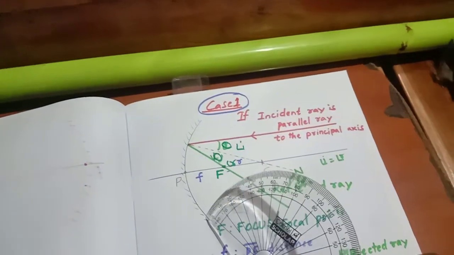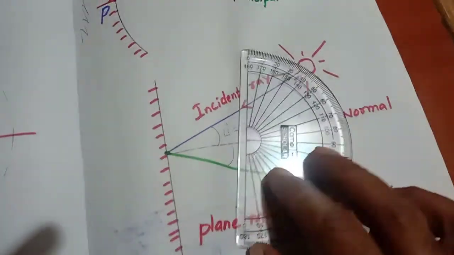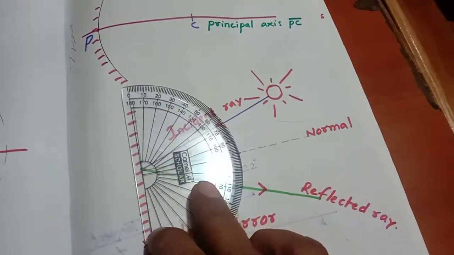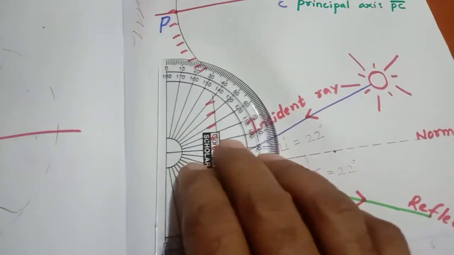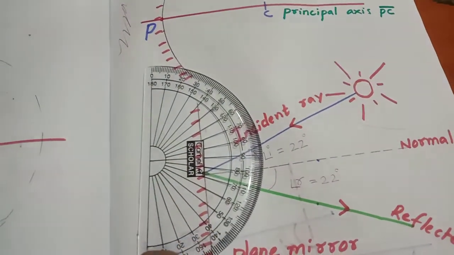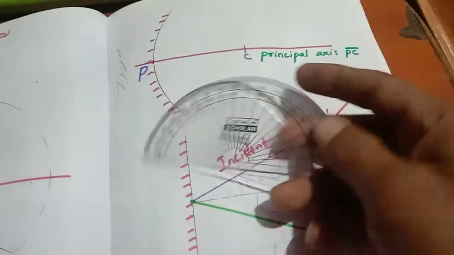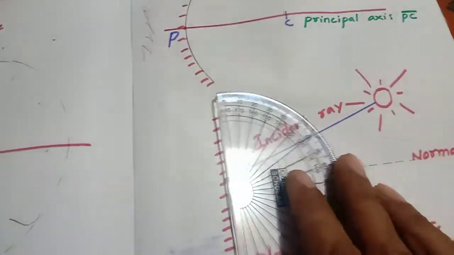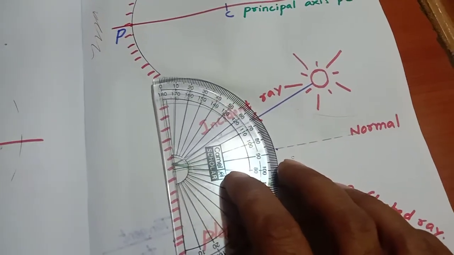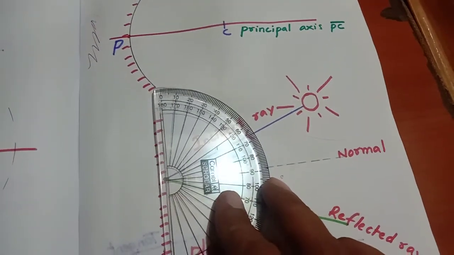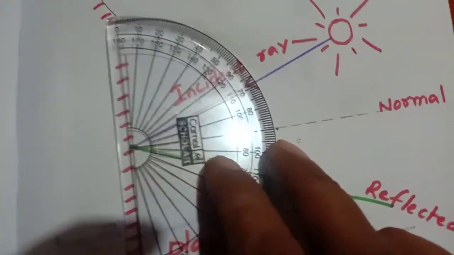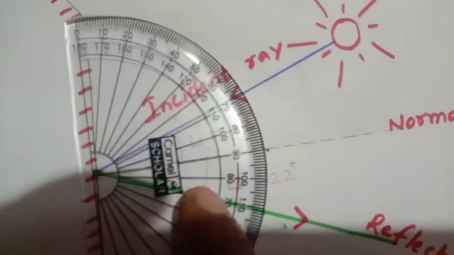How can we draw the normal here? You observe this figure. Again, if you put the protractor like this, you see this protractor observation clearly. There is a line here, the line which is like this, and we are placing that like this, and at the point of incidence we are placing it, and clearly you see 90 degrees angle. This is called normal,